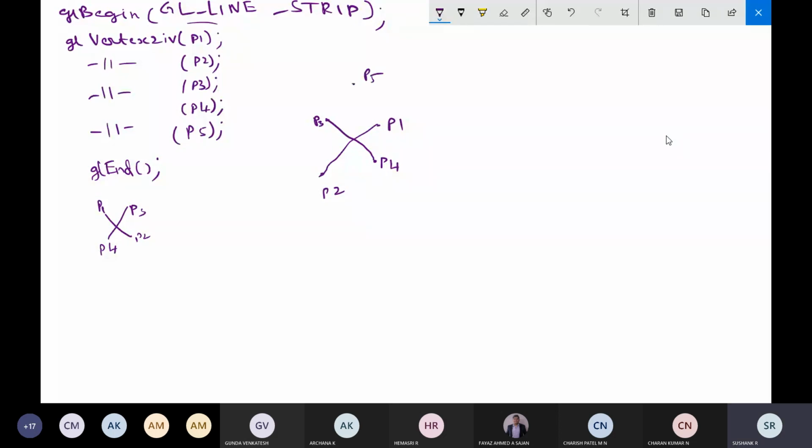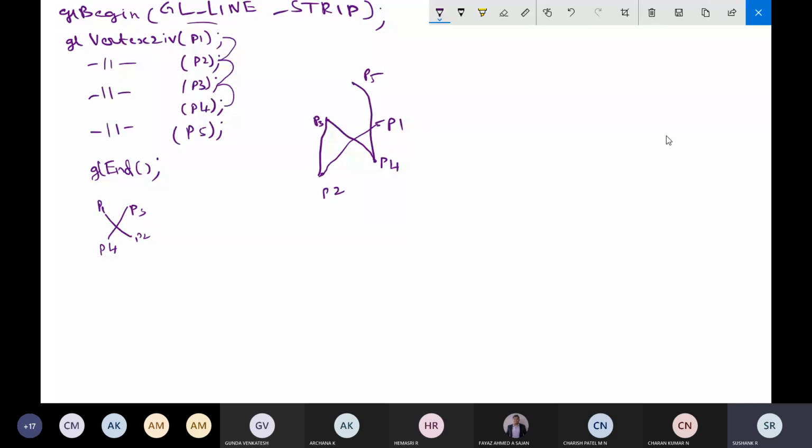So if I write GL_LINE_STRIP, see, P1 to P2 is connected, P1 to P2 is a line, then P2 to P3. So there will be a connection from P2 to P3, and from P3 to P4. P3 to P4 is already connected, and again from P4 to P5.